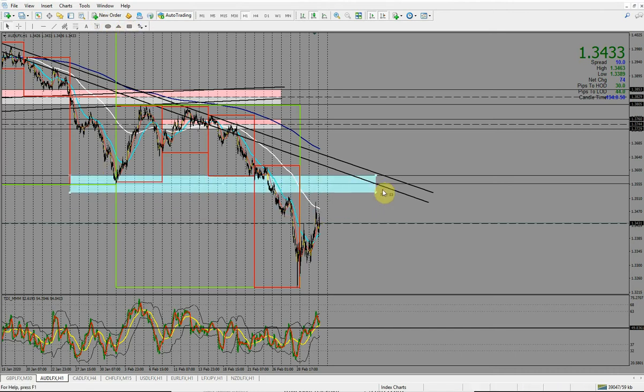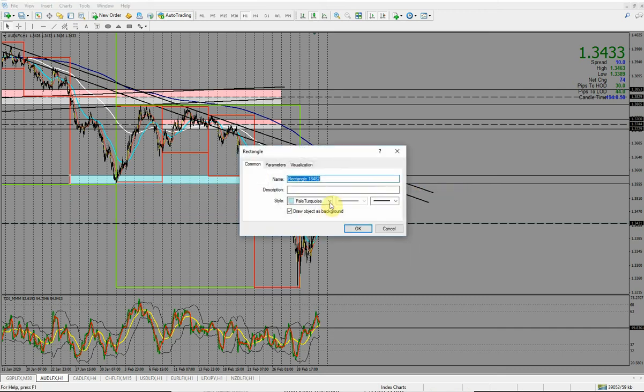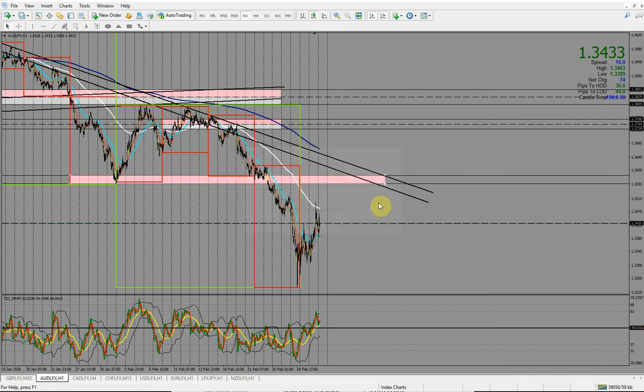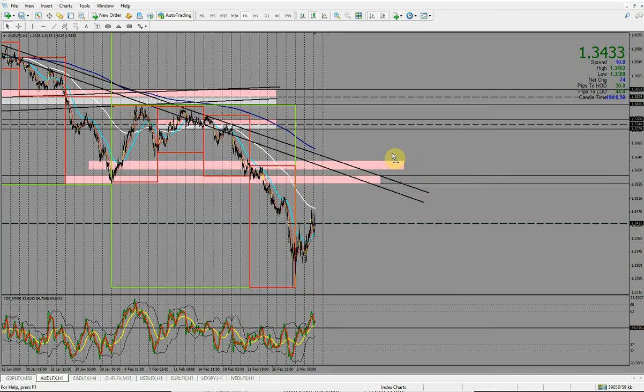So I'm just gonna do that and just paint it in pink, to illustrate that from here we're only interested in taking short positions. And then Fibonacci from the previous highs, what kind of retracement can we really expect? You can expect anything between 50 and 38%, 50 and 61.8%. Meaning that if ever I'm gonna take any short positions on the Australian dollar, it's gonna have to be around this area here,